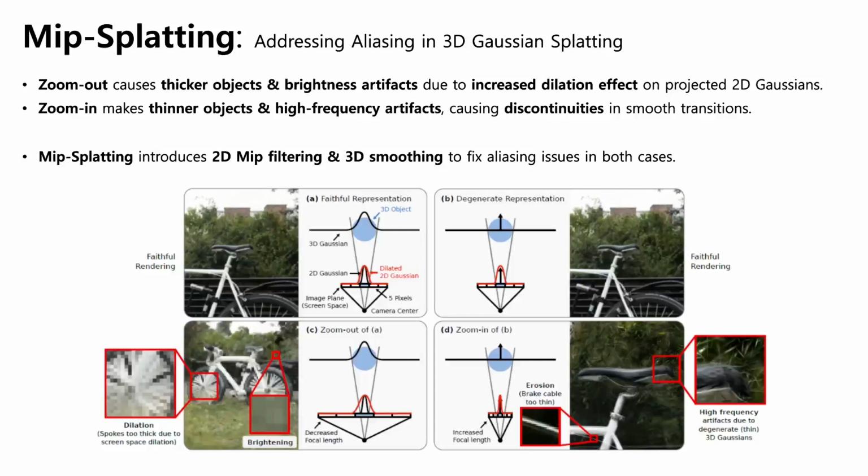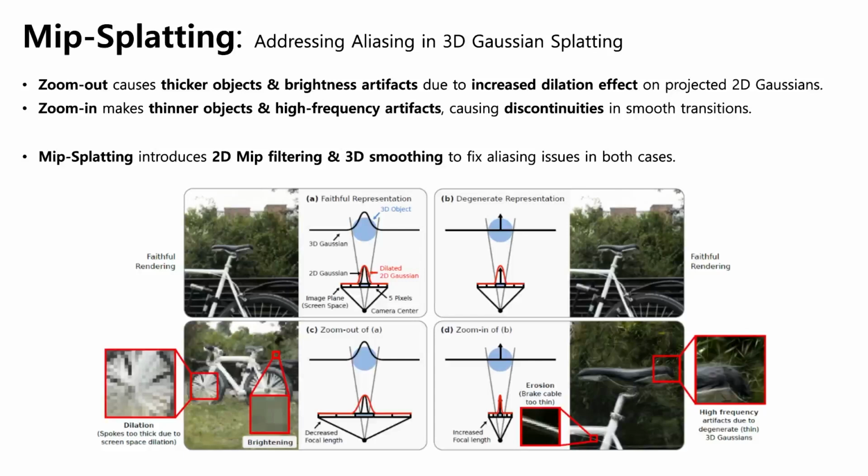First, when zooming out, the focal length decreases, causing the projected 2D Gaussian to shrink. Since dilation is applied as a fixed scaling factor, the relative expansion increases. For example, if a Gaussian initially expands by 4%, a smaller Gaussian in a zoomed-out view might expand by 16%. This makes objects too thick, increases Gaussian overlap per pixel, and causes brightening artifacts due to too much radiance stacking